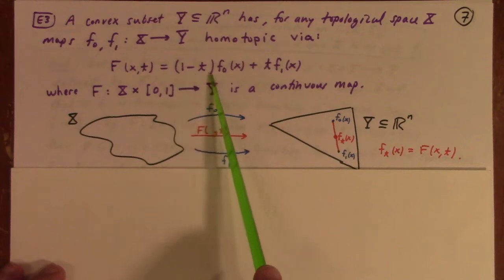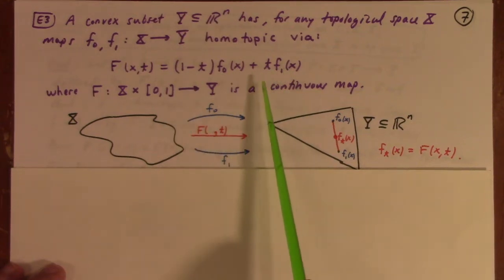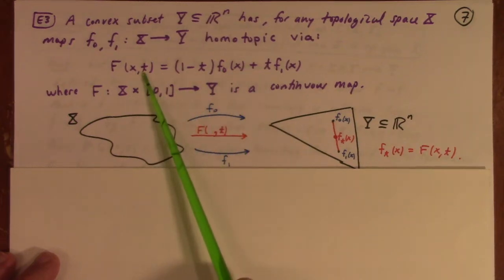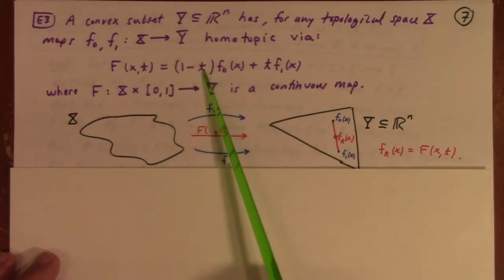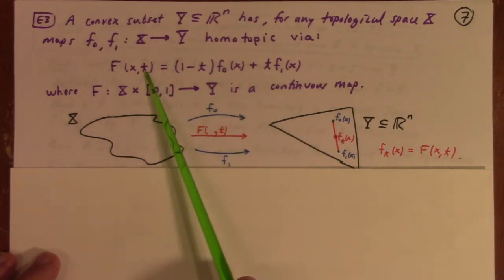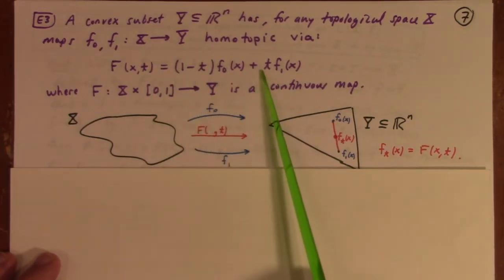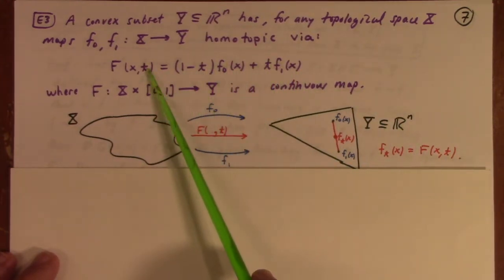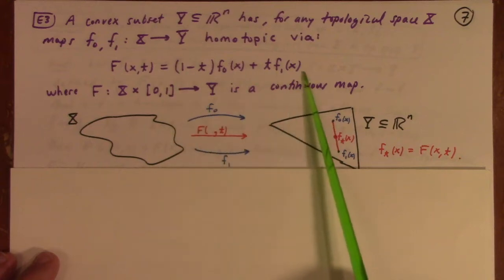F of x,t is (1 minus t) f0 plus t times f1, like that. And you can try it out. If you plug in t equals 0, then this goes to 0, that goes to 0, you're just left with f0 of x. If you plug t equals 1, this goes to 0, and you're just left with f1 of x, right? And then in between 0 and 1, you've got a continuous